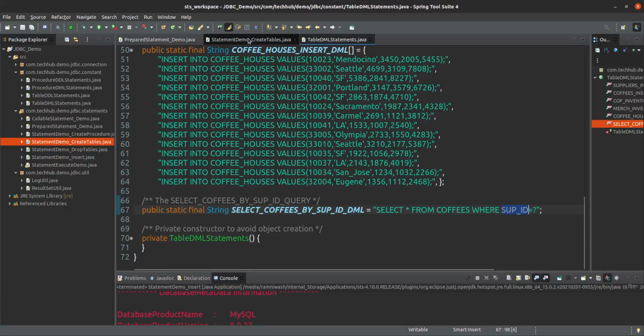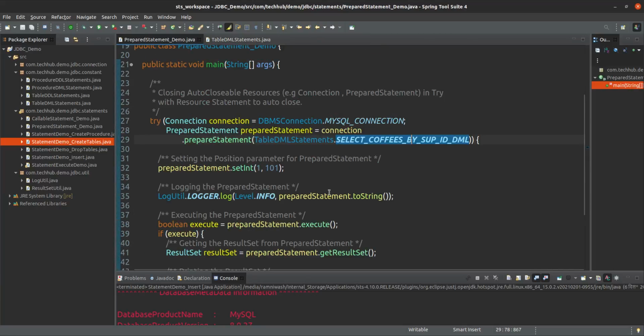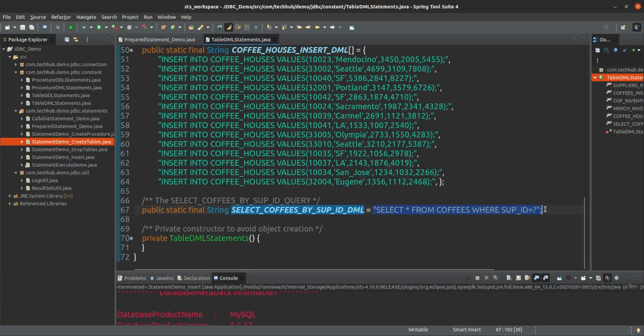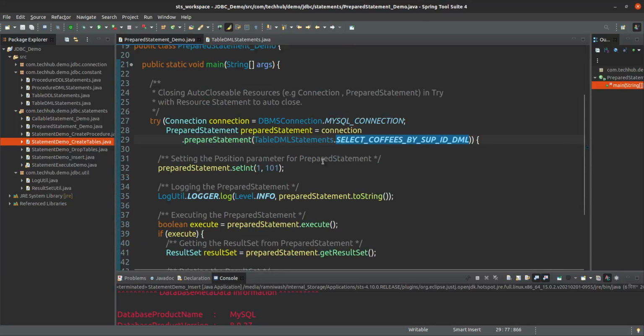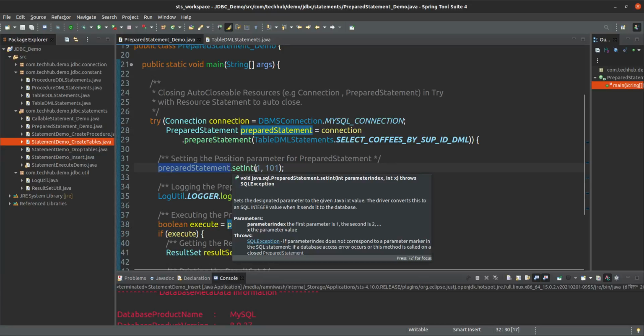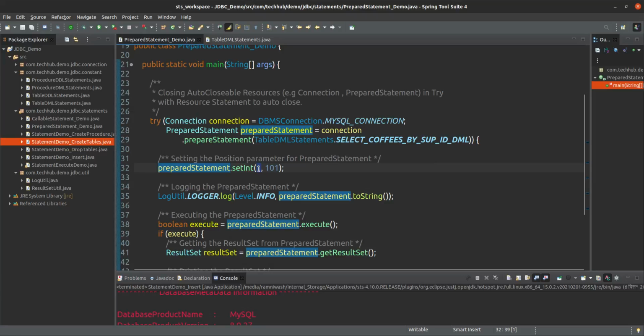For this SQL query we are creating prepared statement, and using this prepared statement we are setting the positional parameter value. Prepared statement dot set int at first index, this is the position, first position, set this value. At line number 32, we are setting the value for positional parameter.